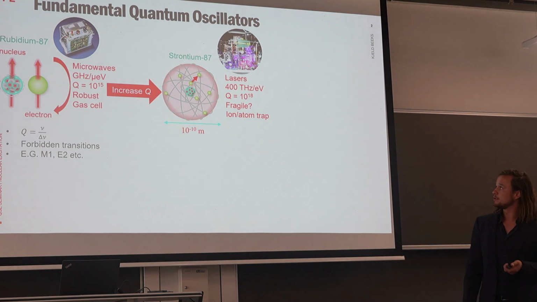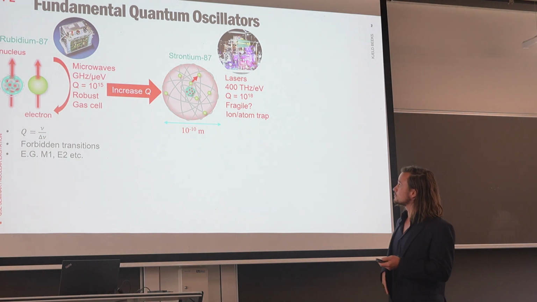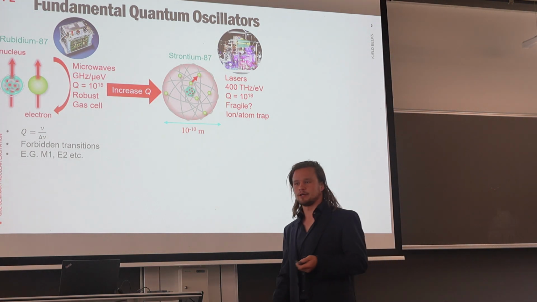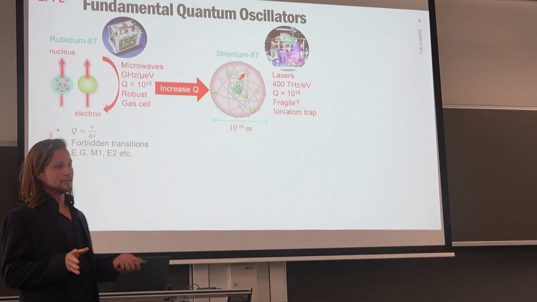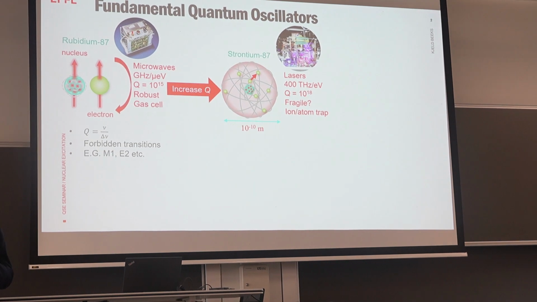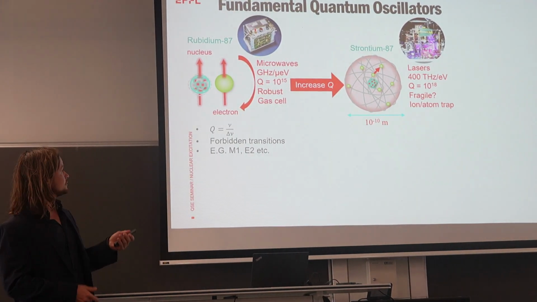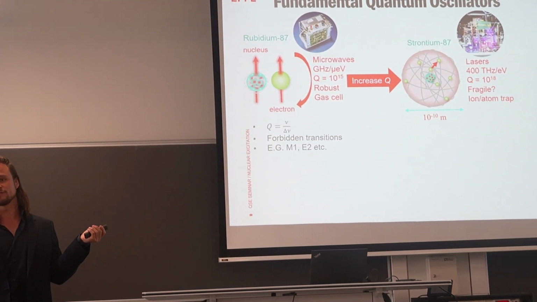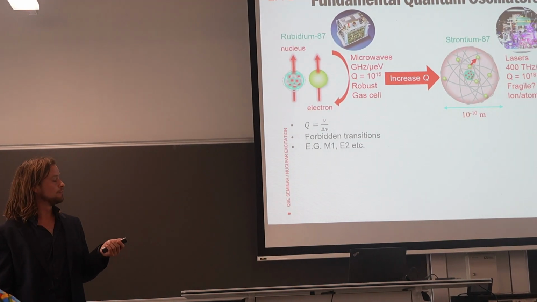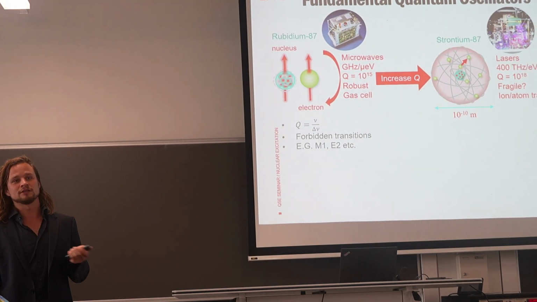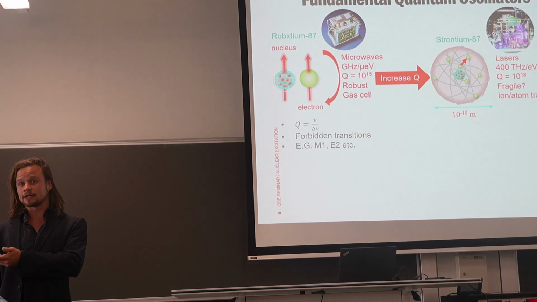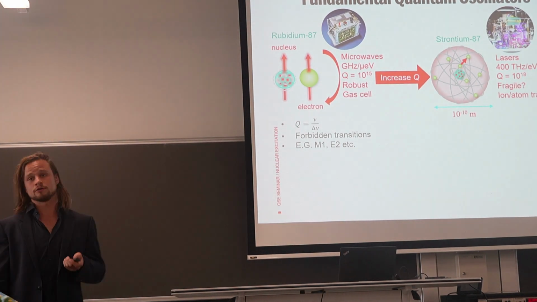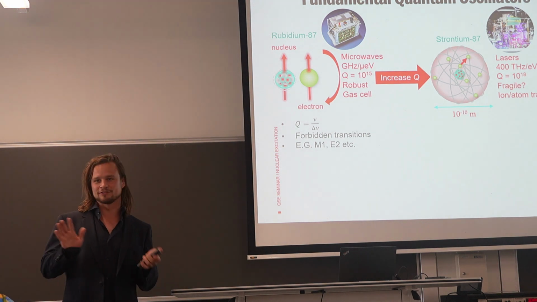A good example is the recent success with the strontium-87 clock, where they made the most precise clock to date. And if you know a little bit about clocks, you know that the cesium clock is the standard. That's still based on a microwave transition, basically. But at some point in the future, I think in like 5 years or so, they want to change the standard, the definition of the second, towards the optical clocks. Which one is still a bit of a debate.